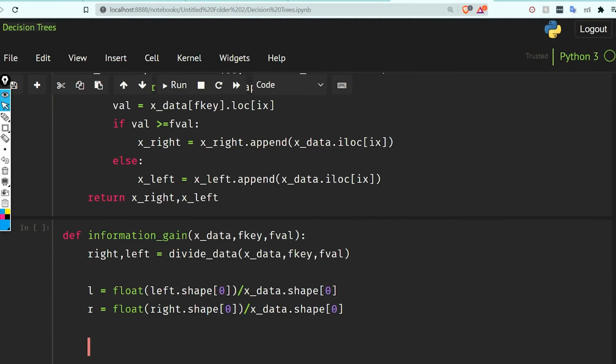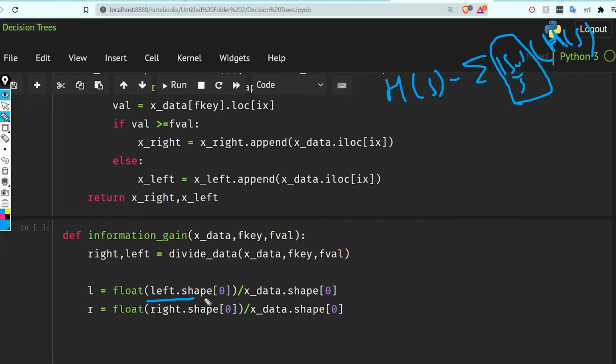Now I will explain everything. As we saw, we are finding the information gain. The information gain formula was the old entropy minus the summation of Sv divided by S times the new entropy, and this part was the ratio. So what we are doing here is dividing the new shape by the old shape, so we will get the proper scale. You should see my previous video if you haven't watched it, to understand it completely.